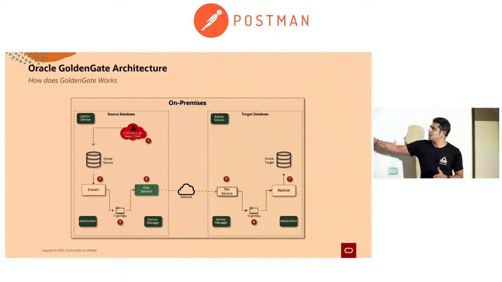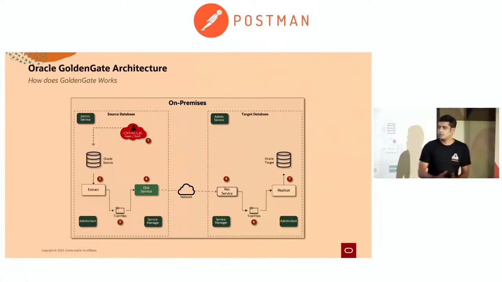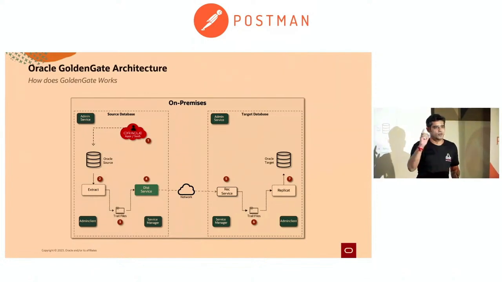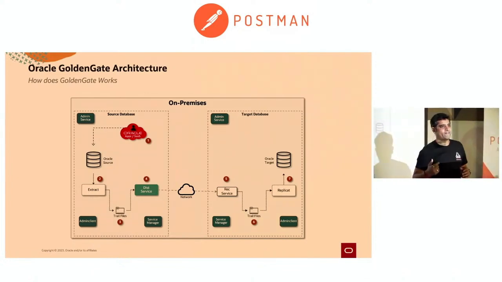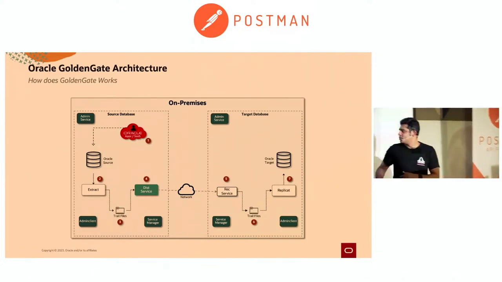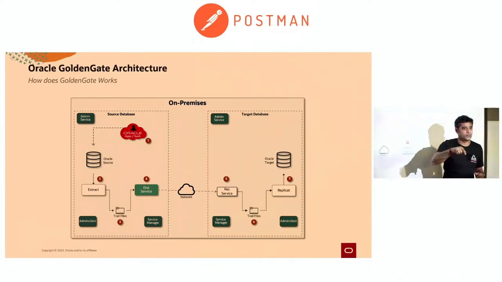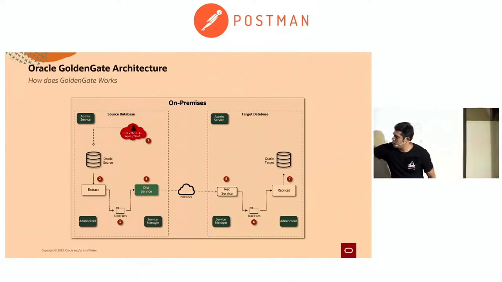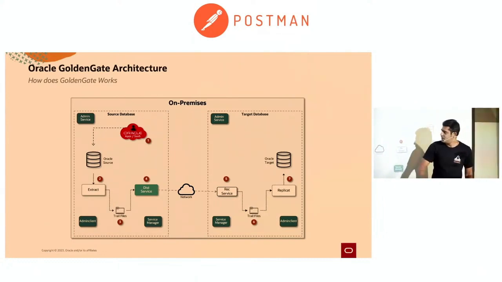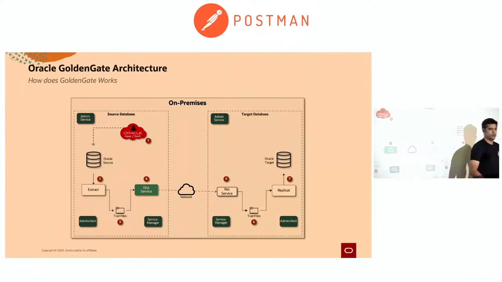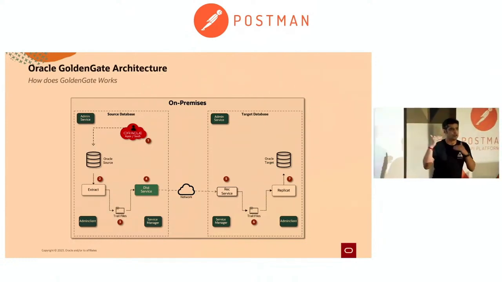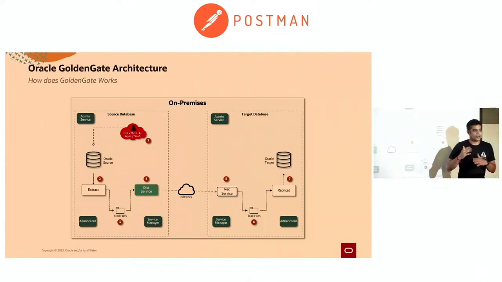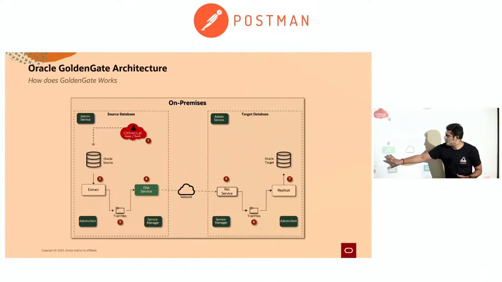So what happens from the applications? You do a lot of operations. All the operations will be logged into the log files, redo logs. From the redo logs, once the data is committed, the extract is the process. Extract, or we can say capture, is a process which will capture those committed transactions and write to a trail file. All the data that is committed will be captured by the extract process and written to the trail files. And from the trail files, whatever data has been written will be pulled or read by the service